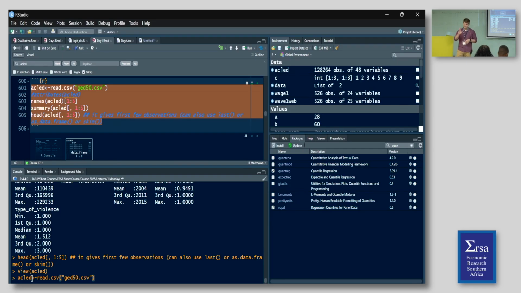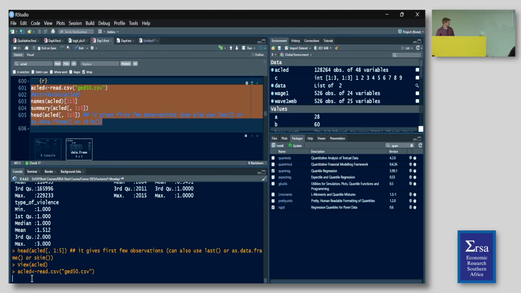That'll tell you if the data is in a particular folder and it's not pointing to that folder, that's why it cannot find it. So the first thing to do always is to make sure that whatever directory you're in, that's where your computer's pointing. Once it's in there, then you should be able to call in the ACLID data. And once we have it, the first thing that I asked you to do was str.